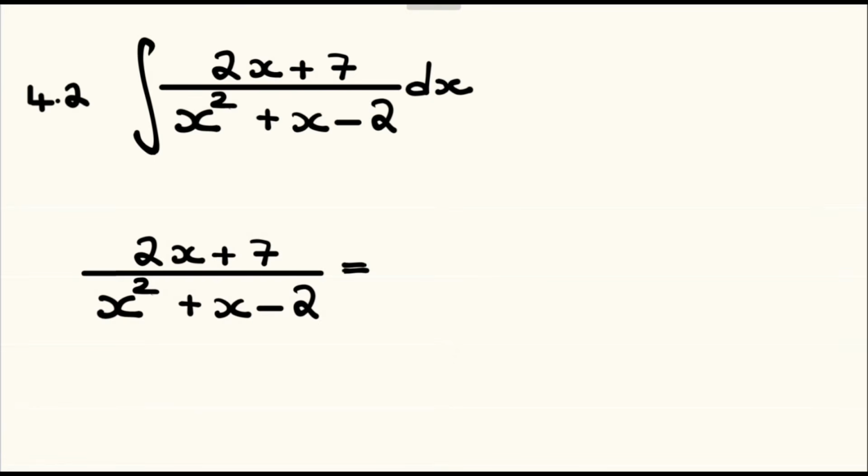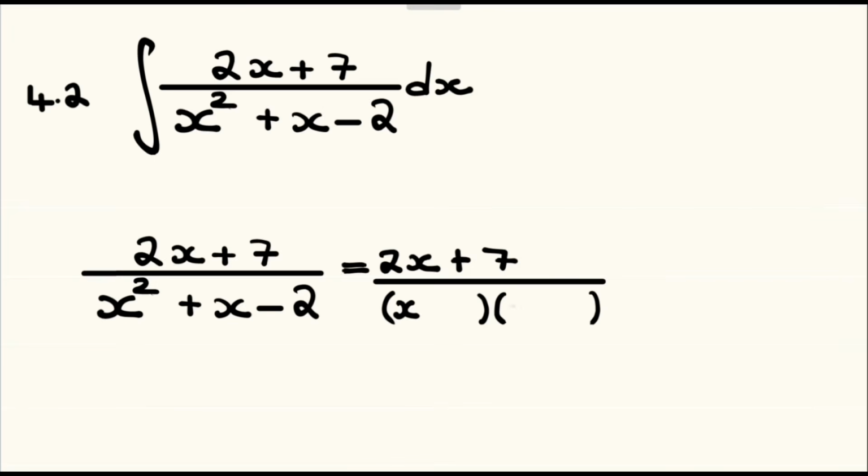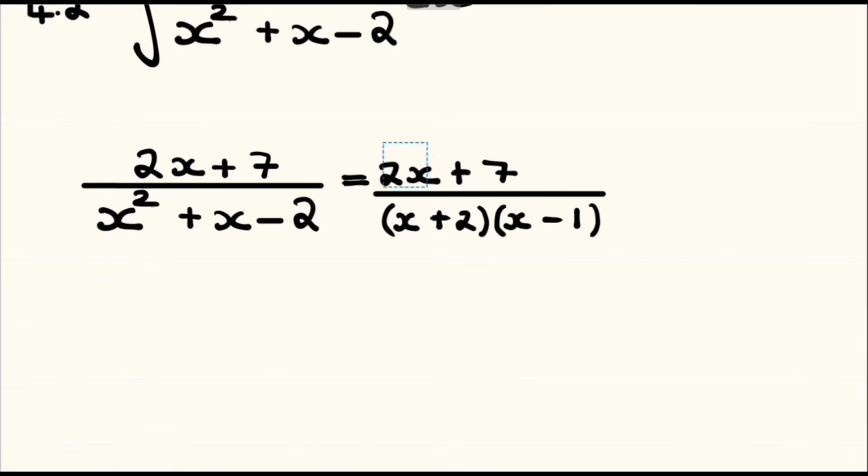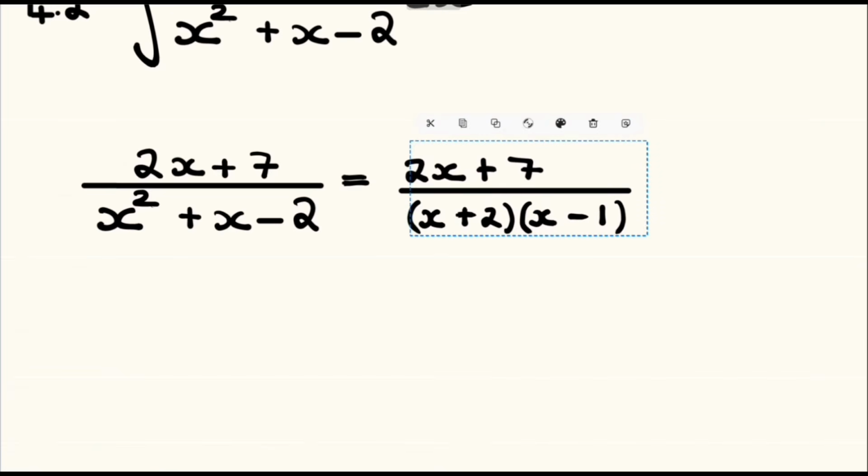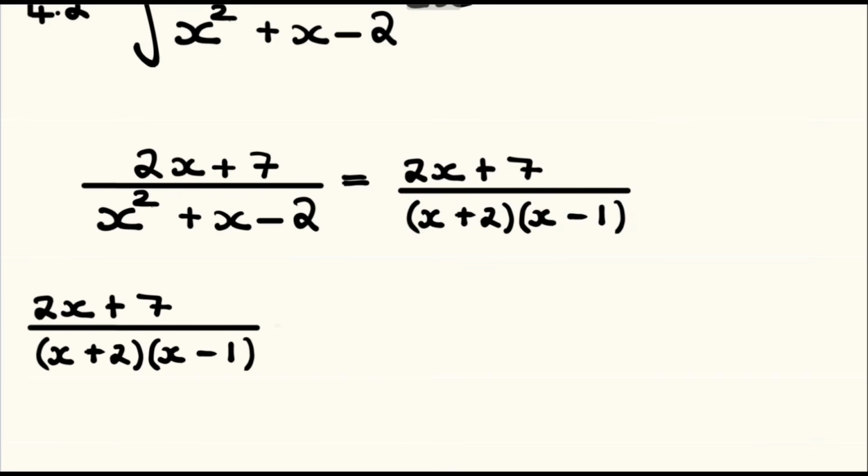In the numerator, we have 2x plus 7, and factorizing the denominator, the factors of x squared are x and x, the factors of negative 2 will be positive 2 and negative 1. So now let's decompose. Since the factors are unique, the decomposition will be equal to